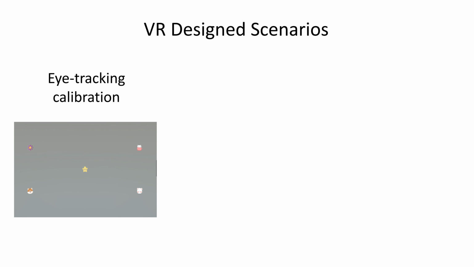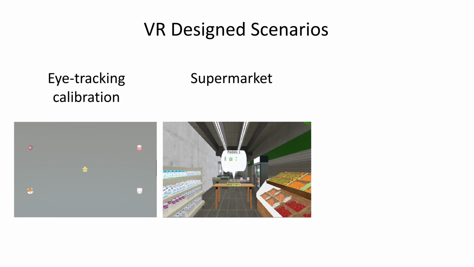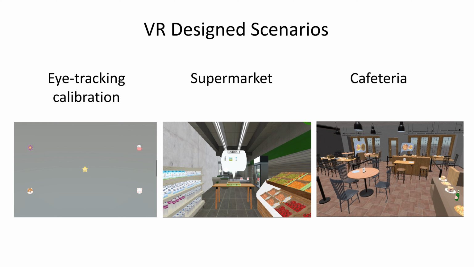The application running on the HMD includes three VR design scenarios. The first one includes a friendly and inclusive eye tracking calibration scenario. The second scenario takes place in a supermarket and involves two tasks: restocking products on shelves with empty gaps and preparing products orders. Each task has 6 levels of difficulty. Finally, the third scenario takes place in a cafeteria and involves collecting dirty dishes and serving orders to tables. As well as in supermarket scenario, each task has 6 levels of difficulty.